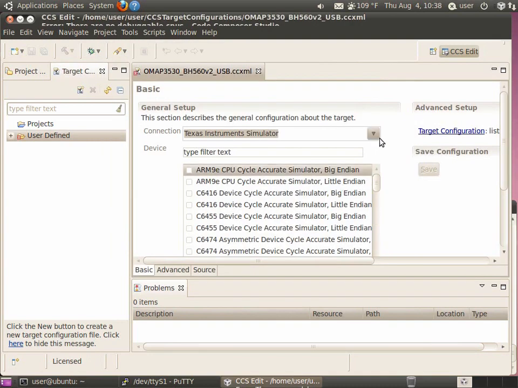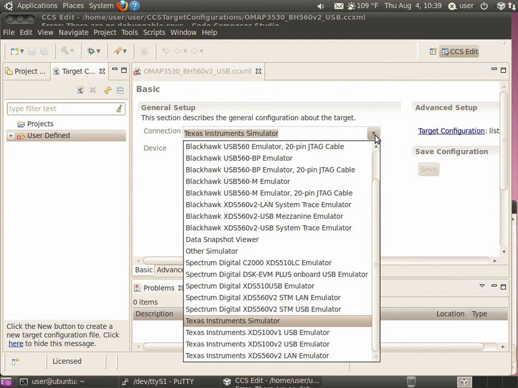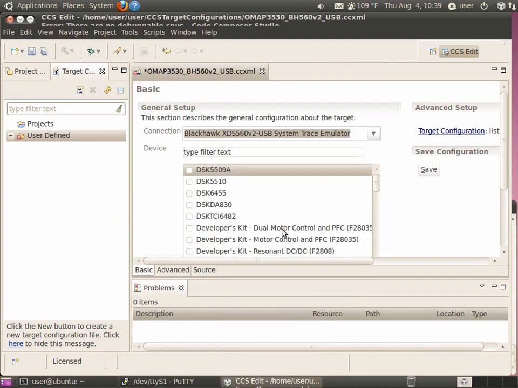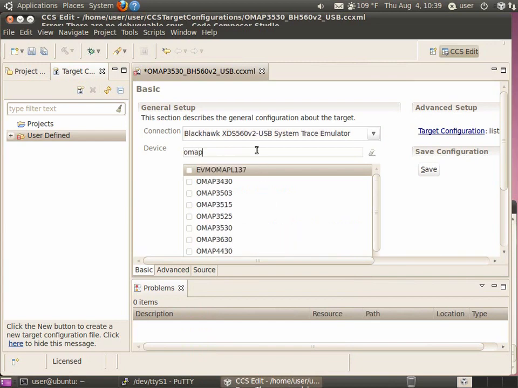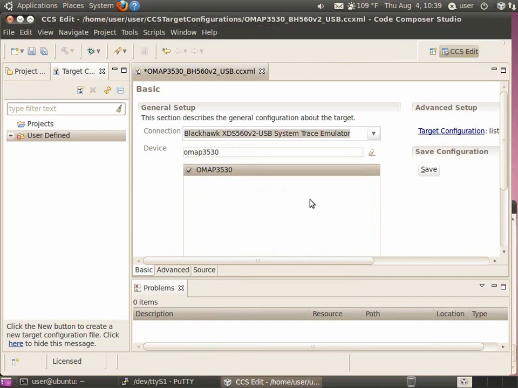So what do I do now? It's a typical Code Composer Studio procedure to create a target configuration. I can select my emulator from my drop-down menu. That's the type that I have, and I simply check the device that I'm using. Okay,